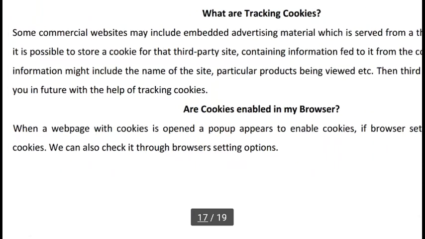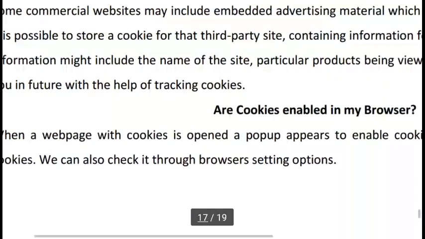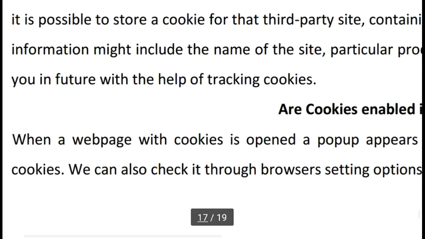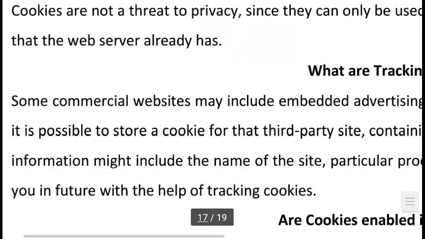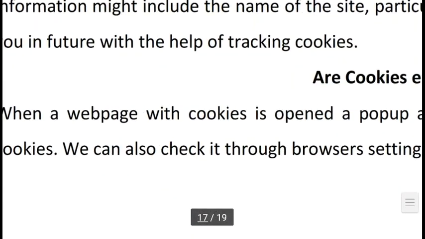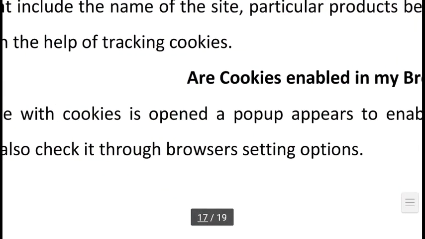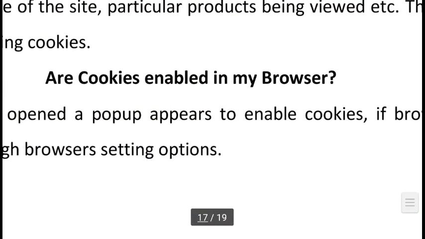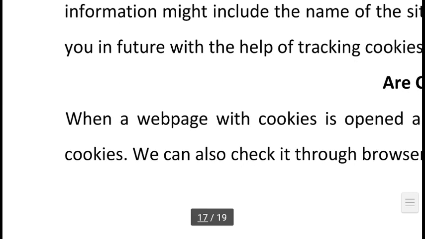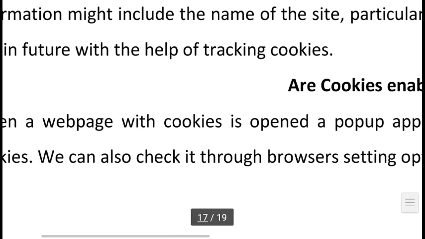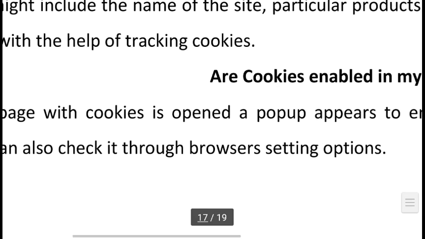Are cookies enabled in my browser? When a web page with cookies is opened, a pop-up appears to enable cookies. If the browser setting is disabled for cookies, we can also check it through the browser setting options.